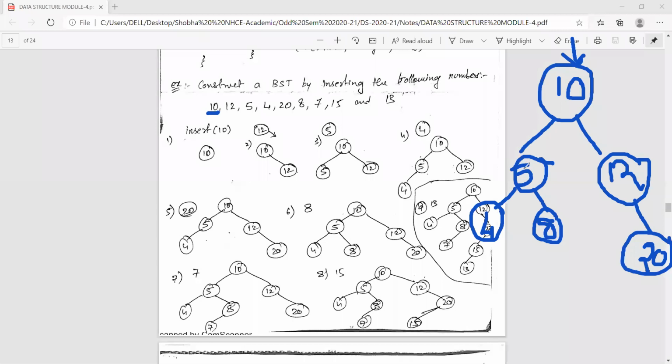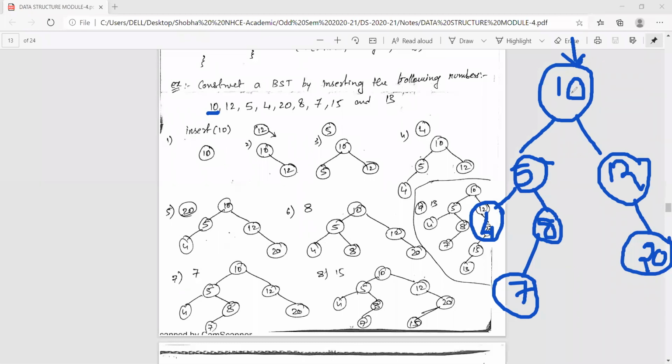Again, there is one more node on the left side. 7 is greater than 5, so where should I move? Right side. Again, there is a node in the right subtree, so I compare the data. 7 is less than 8. So where should I place 7? Left side. I should place 7 as the left child of 8.